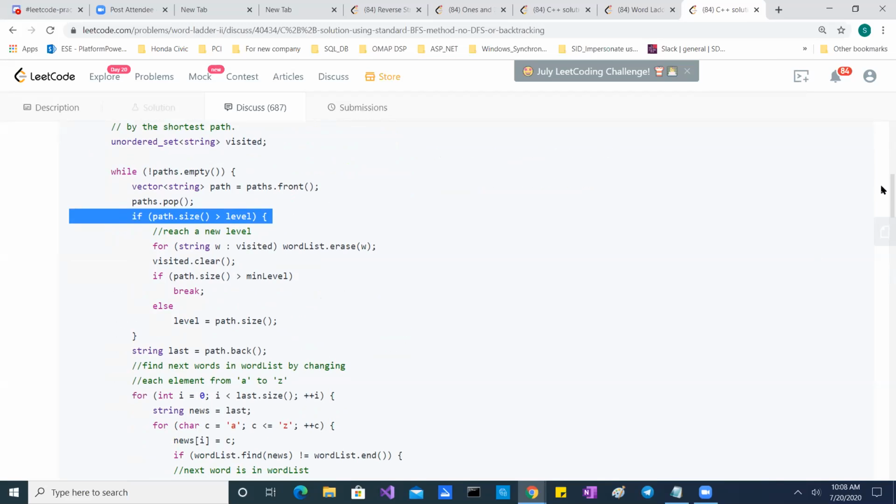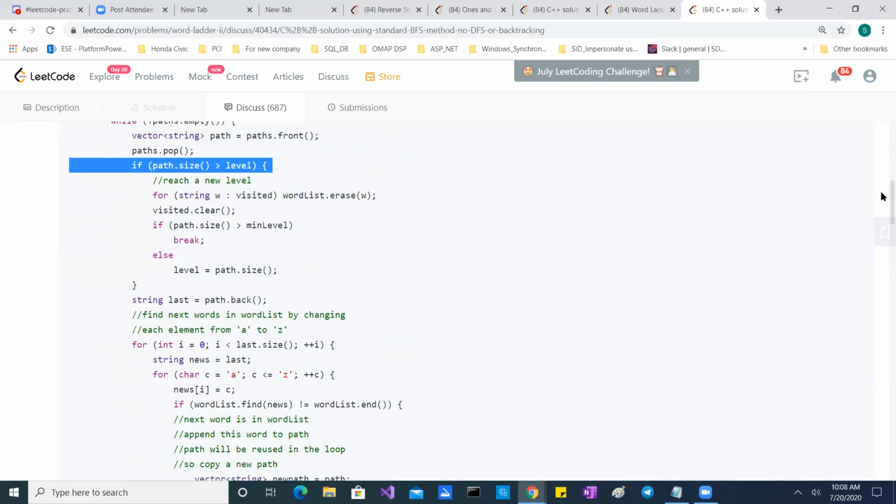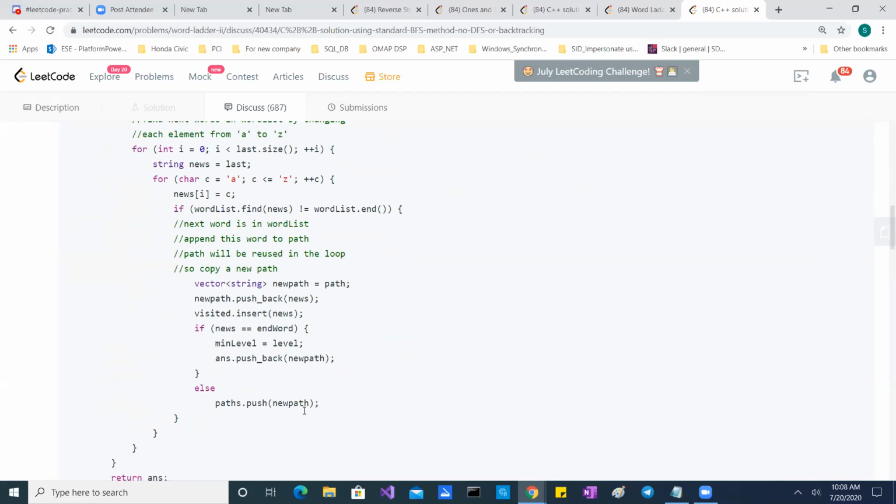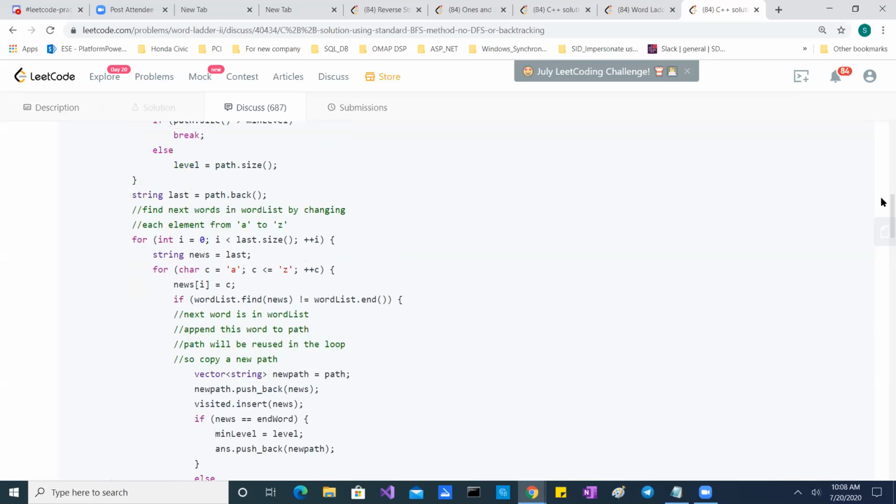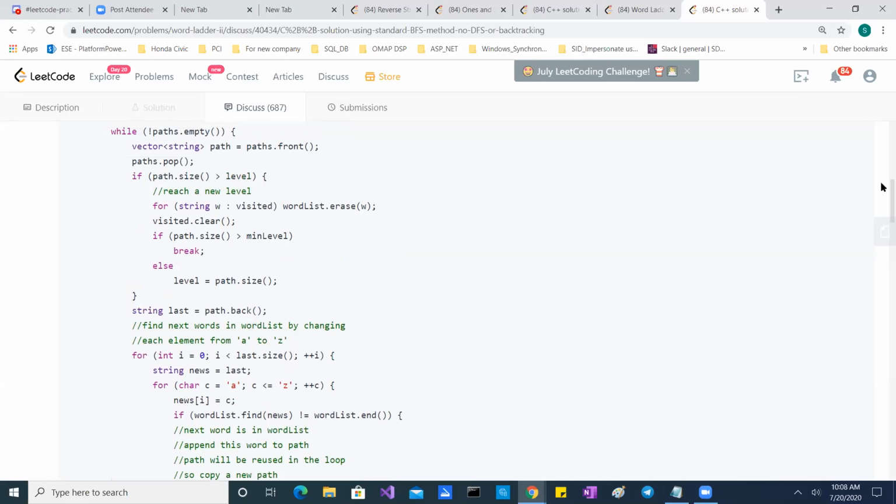Yeah, when he puts a new string to that vector. So when he puts a new string, he puts it when he has not found an end word. Okay, he keeps on updating. That's local for this for loop. That's not the same path as the one we look at. This one is a plural one. This one has an S. Okay, right, the other one is singular. Oh, okay.